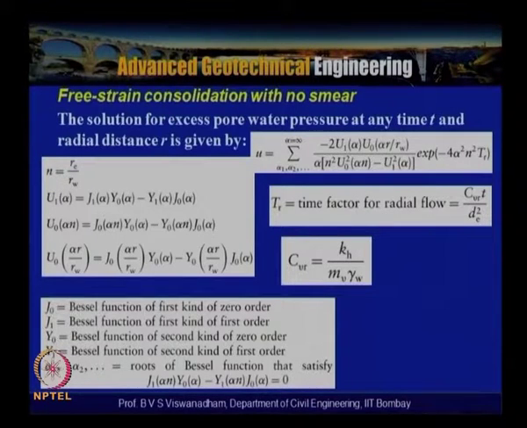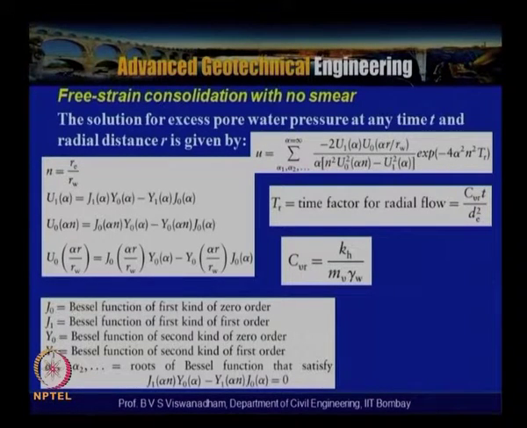Tr is the time factor for the radial consolidation, for the radial flow, which is given by Cvr t by de square. Now here we need to understand, de square is nothing but the effective diameter. So, n is nothing but Re by Rw or de by 2Rw,